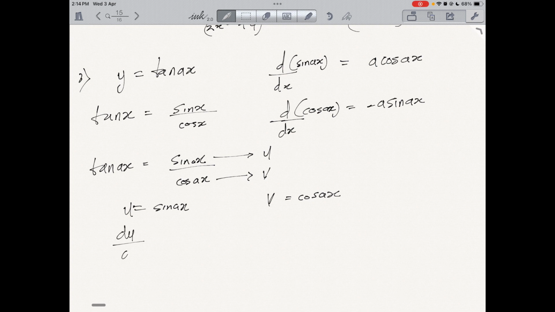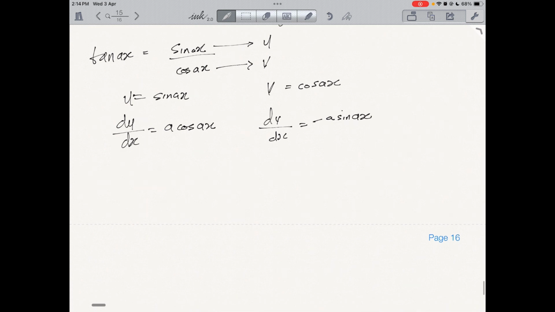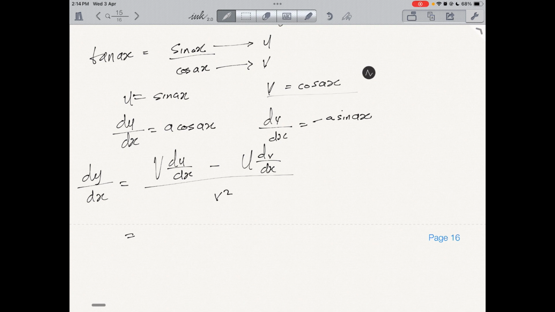Therefore, du/dx, differentiating sin ax, gives us a cos ax, and dv/dx, differentiating cos ax, gives us minus a sin ax. Now we apply the formula dy/dx equals v du/dx minus u dv/dx, divided by v squared. So our v is cos ax, our du/dx